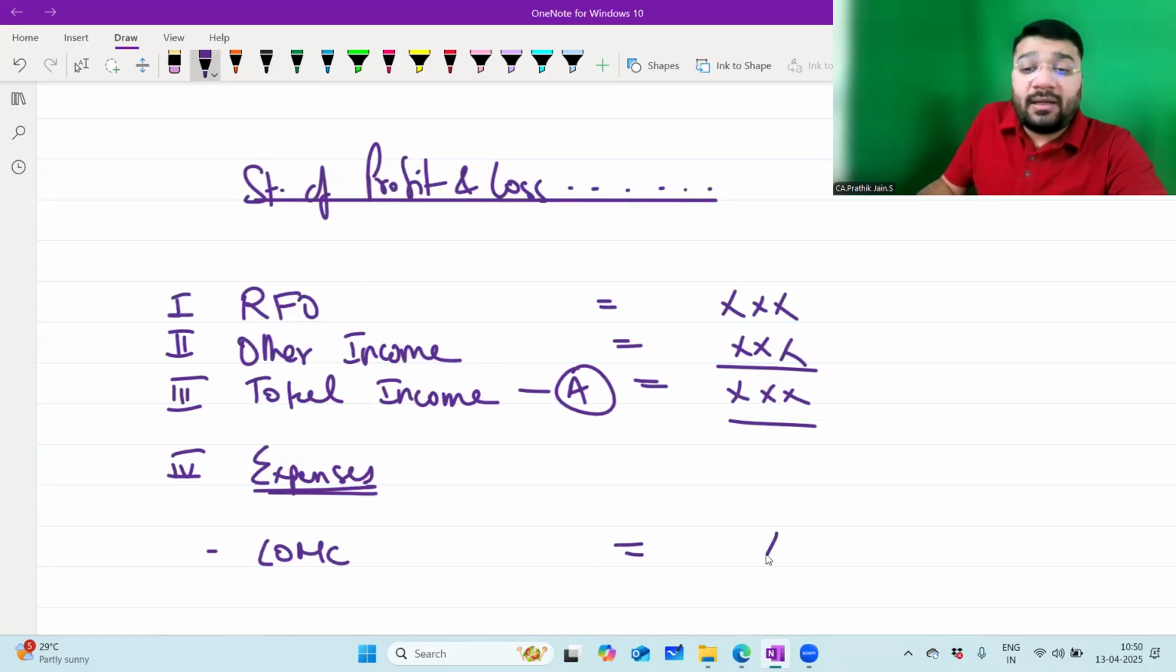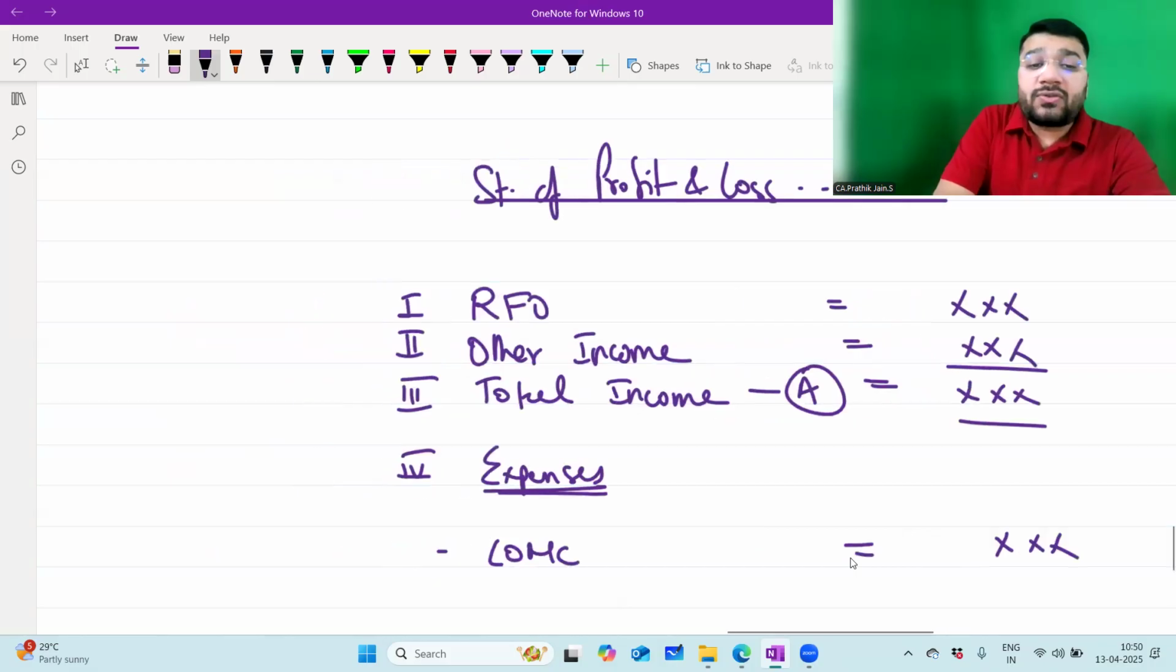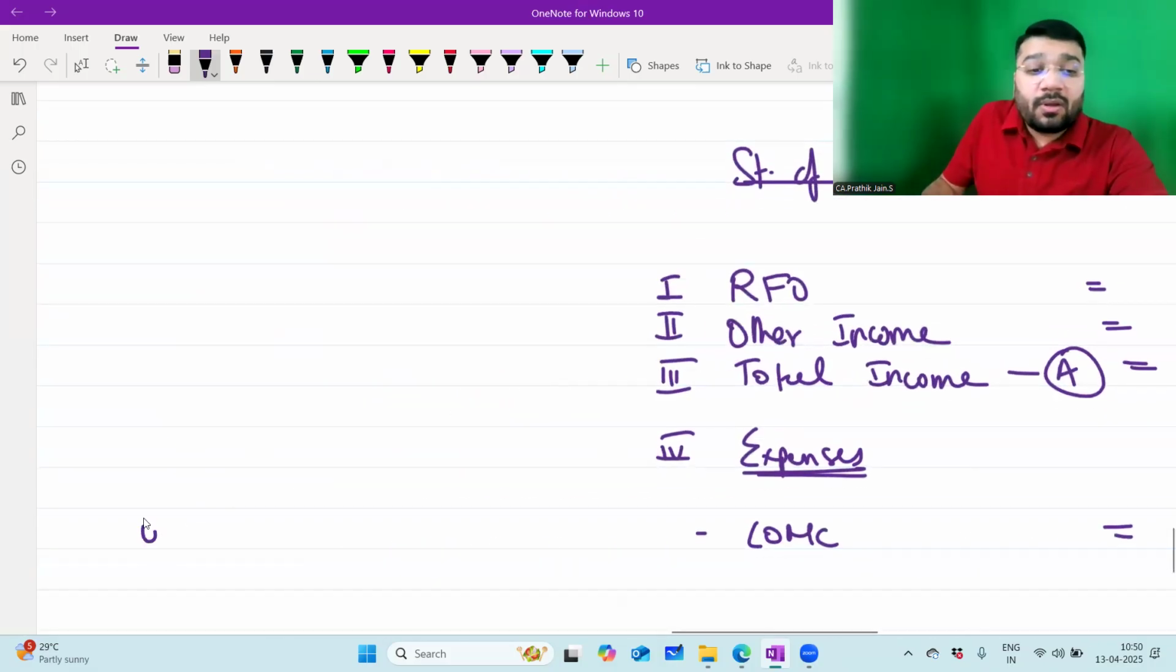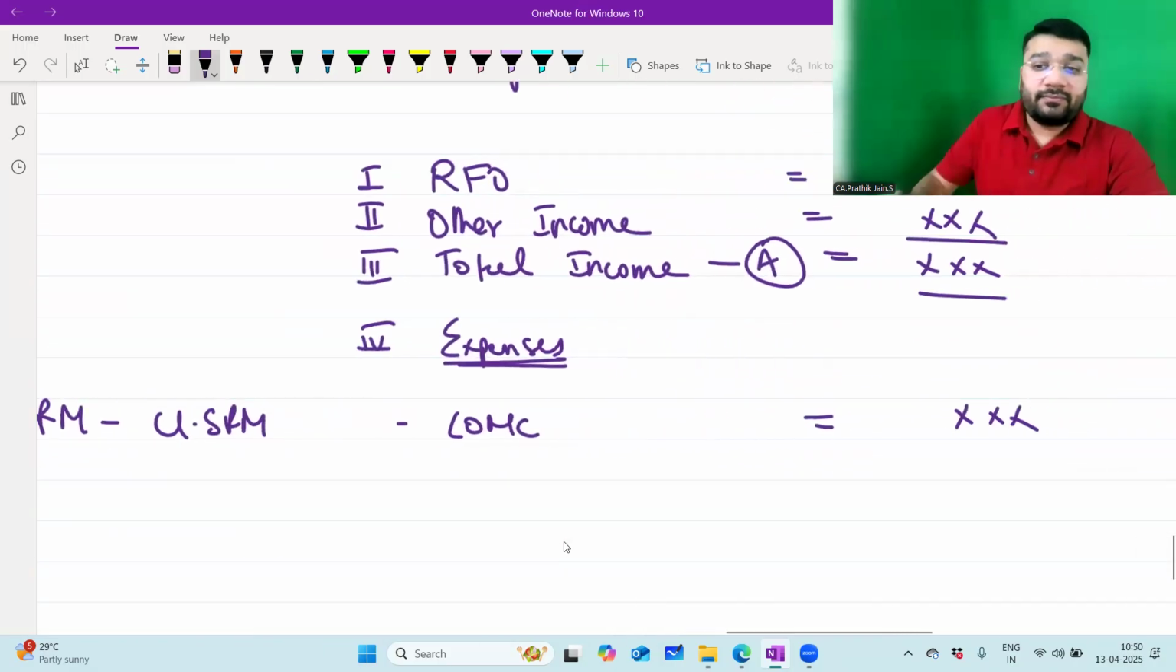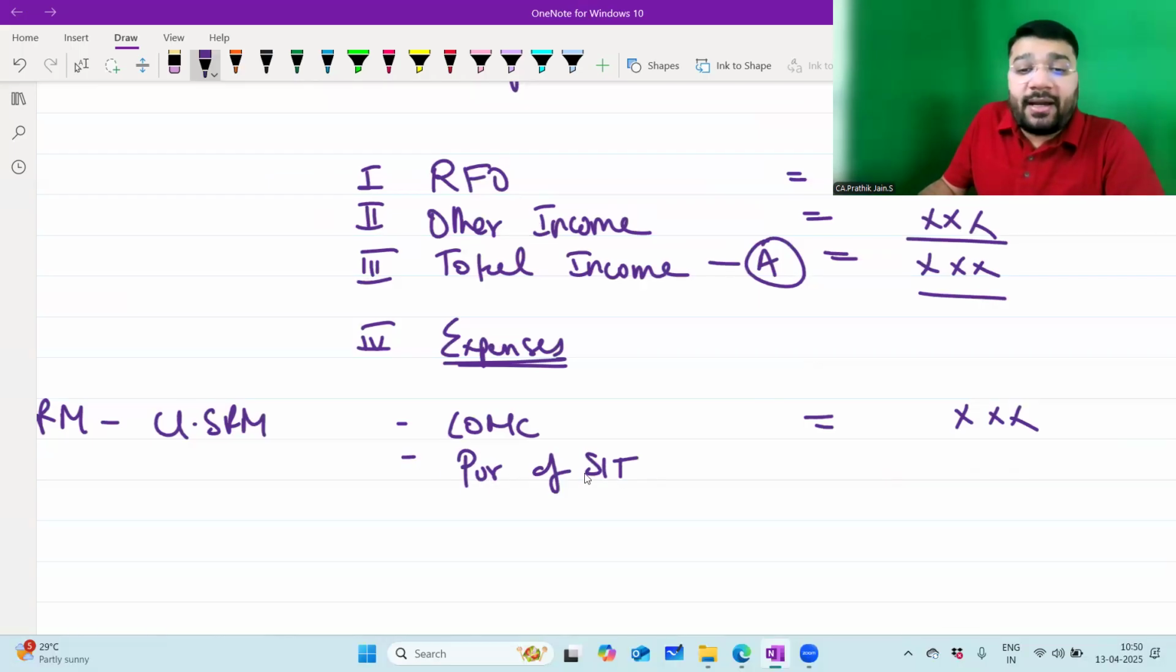Can you tell me the formula for cost of material consumed? Opening stock of raw material plus net purchase of raw material minus closing stock of raw material. Wonderful. Then purchase of stock in trade. Wonderful. Then